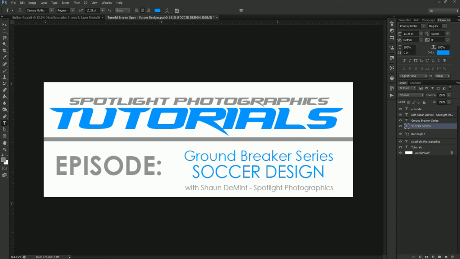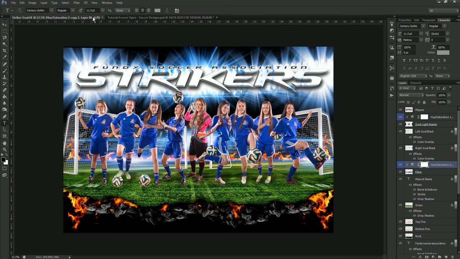Today we'll be talking about the new GroundBreaker Series template, the Soccer design. This is a brand new design that just came out in addition to the other already made Groundbreakers, and this one is themed for soccer. It has a lot of color changing ability to it. You can move a lot of elements around and really create everything that you want to do using this template